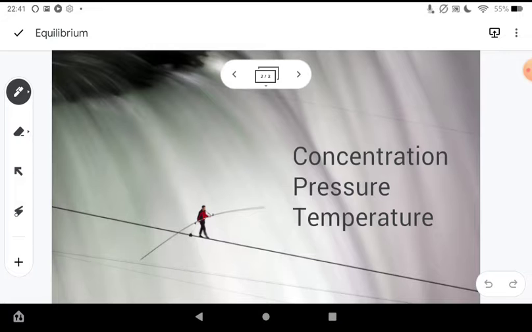And the way to think about it, and this is a gentleman tightrope walking across the Niagara Falls, which did actually happen. If all of a sudden something starts going down on this side, the man is going to lower this side of the rod to balance out his equilibrium position to get balance again. And that's what happens in chemistry. As one thing changes, the opposite has to also happen in order to counteract that effect. So if the concentration goes up, then that's going to create more of the thing that is less concentrated, right? So we'll go through these three different